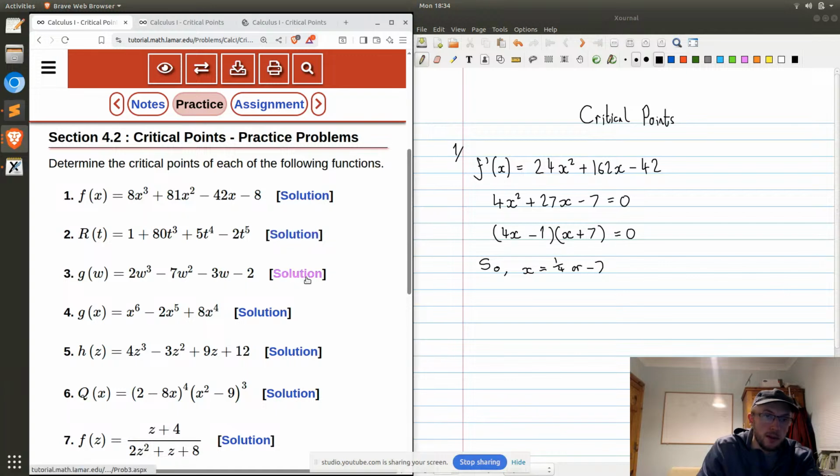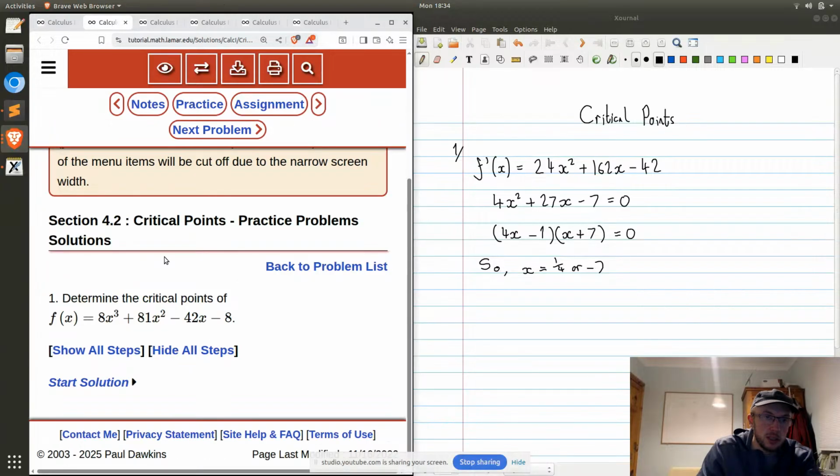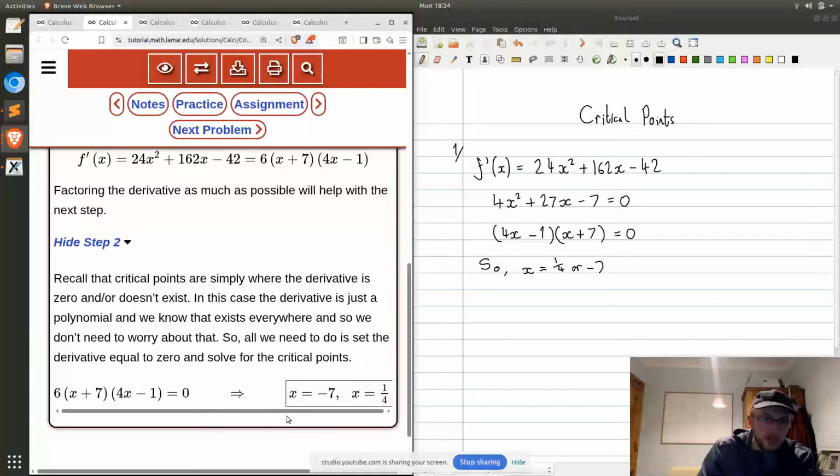Right, so the next 5 appear to all be polynomials, including, well, 6 actually is as well, but first we'll just see if we got this right. Okay, that's good. Recall that critical points are simply where the derivative is 0 and or doesn't exist. Okay, good. Now,